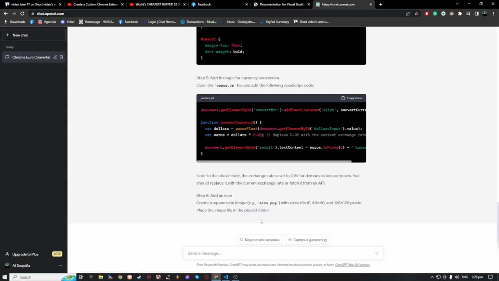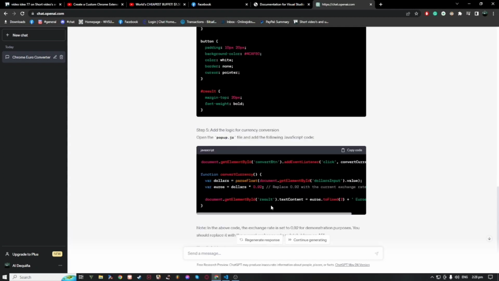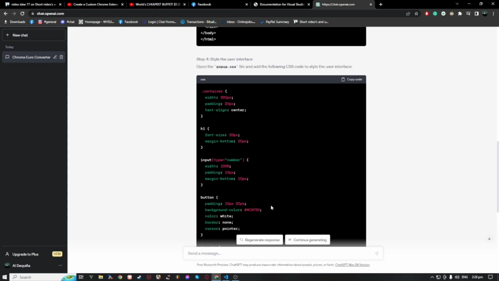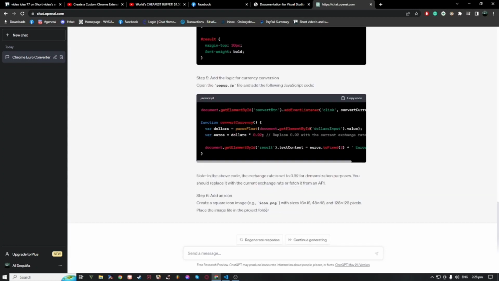After it has finished generating the code, you can now follow the instructions on how to use the code